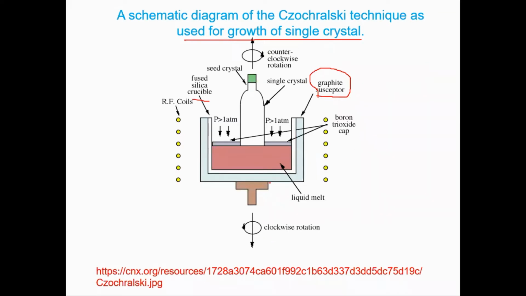Here you can see the crucible getting rotated in this direction, and this is the direction of the crystal, so the crystal is rotated in this direction. How the entire thing happens is a very important thing that needs to be understood. What happens inside so that this structure is created? Initially we have a single crystal here. This is called the seed crystal. This green thing is called the seed crystal.